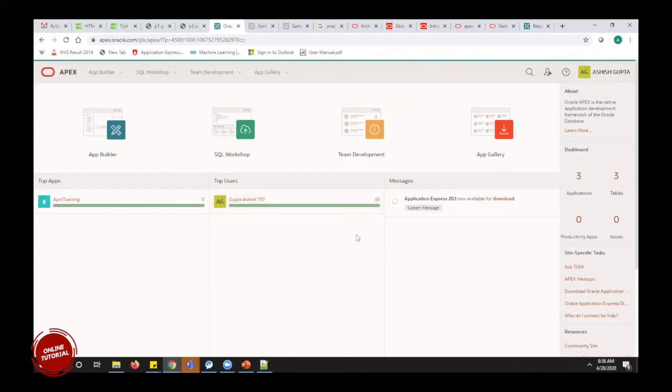Yeah, I understand that. So suppose there are some two or three workspaces. So we expect to see two or three workspace administrators, right? Okay. And then, do we also have another administrator, an Apex administrator or something like that, other than the workspace administrator?